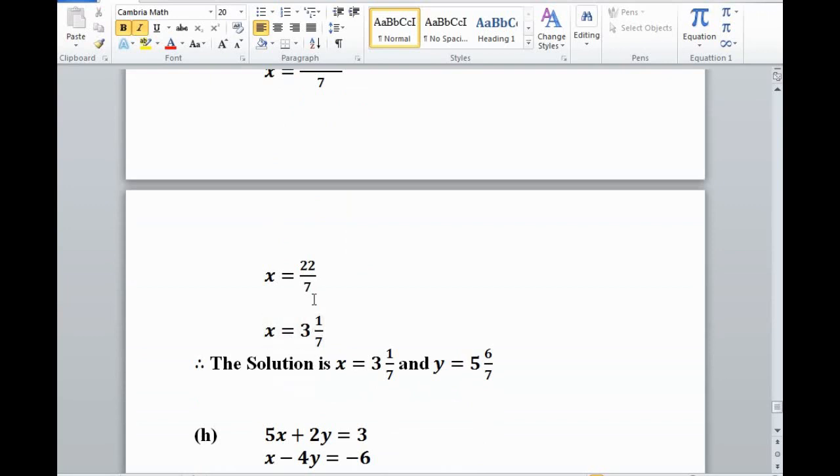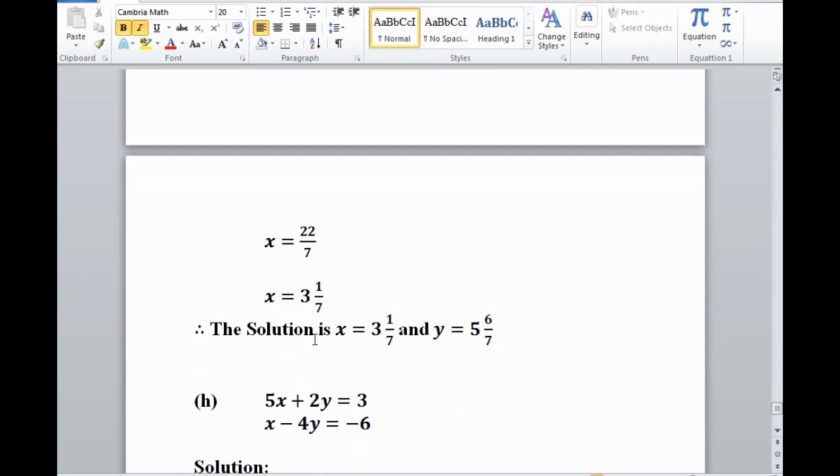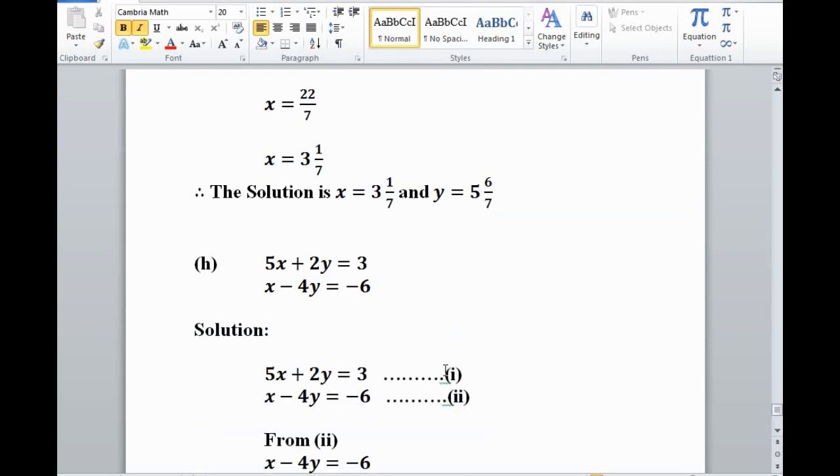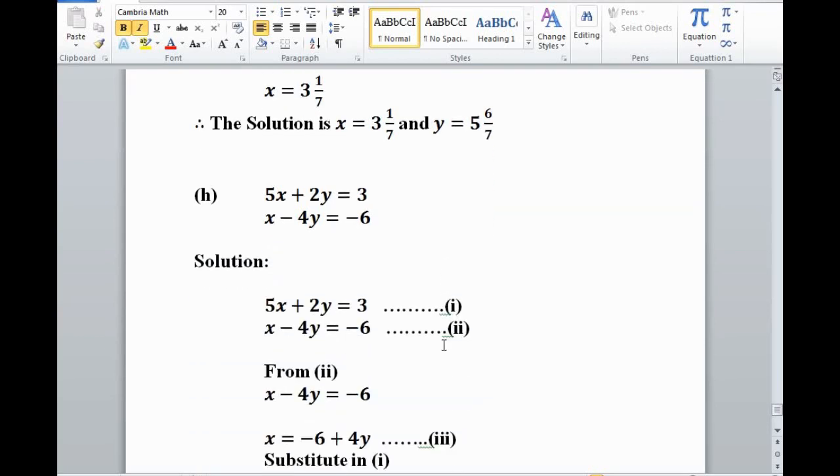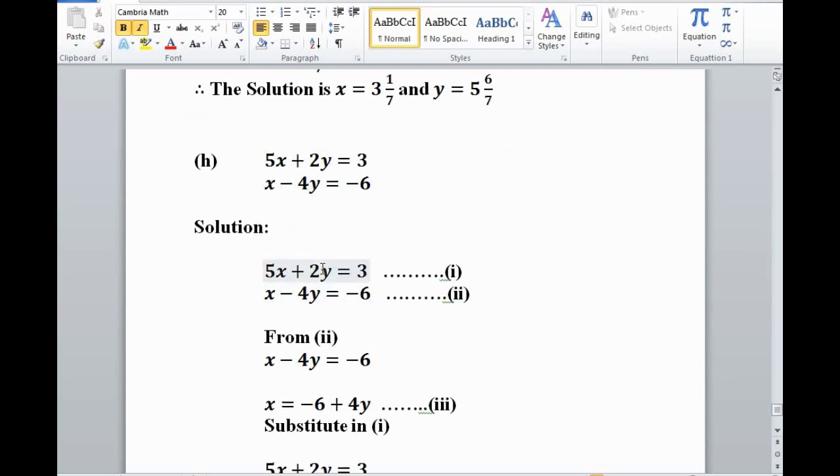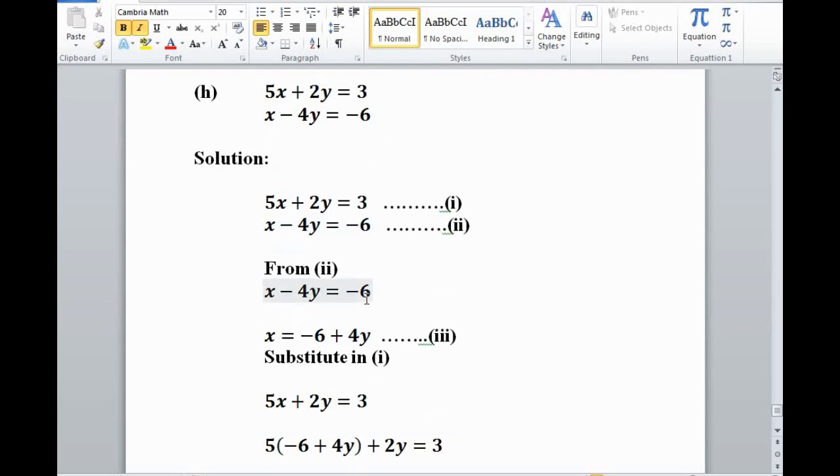Once again, we don't have any common factor between 22 and 7. So let's express this improper fraction as a mixed number, which is 3 whole 1 upon 7. So the solution is x equals 3 whole 1 upon 7 and y equals 5 whole 6 upon 7. Next, two equations are given. I'm going to name the first equation as equation 1 and the second one as equation 2. And I will start from equation 2 and rearrange this equation 2 to express x in terms of